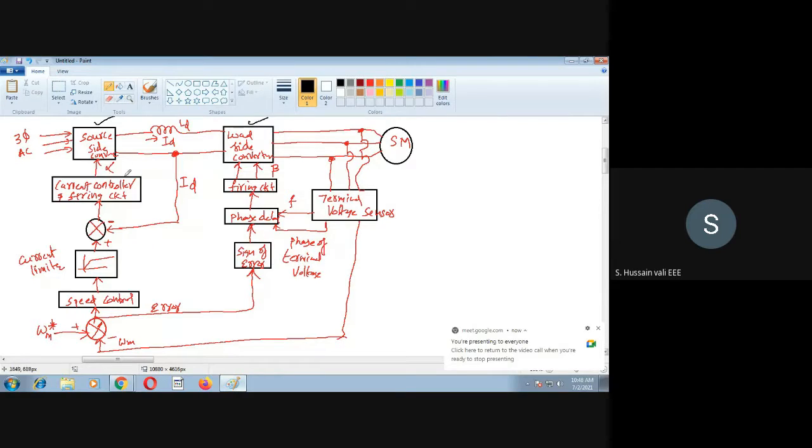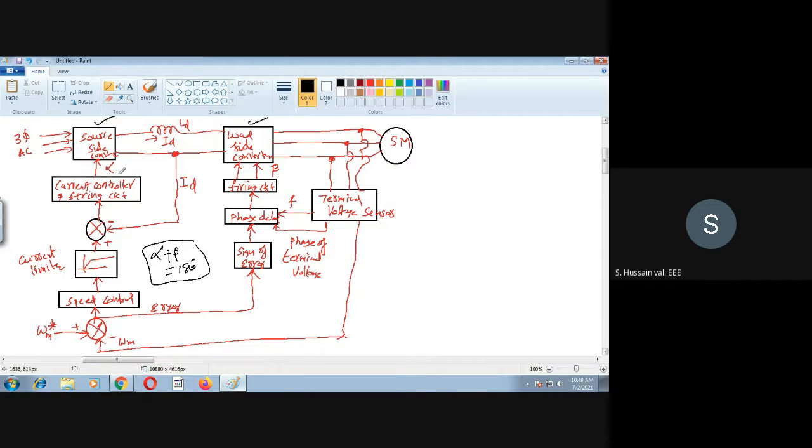The requirement is that both the converters have thyristors, so we need some firing angle for the thyristors. Assume the firing angle for the source side is alpha, whereas for the load side it is beta. Now I hope you know the relationship between alpha and beta: alpha plus beta is equal to 180. By following this, we have to go ahead. This acts as a rectifier, whereas this acts as an inverter. This is the only way it is left now.